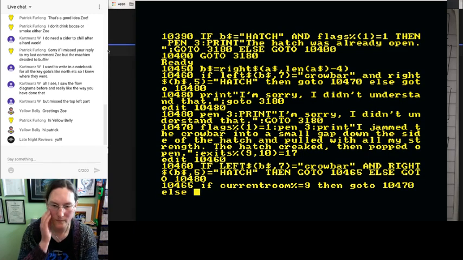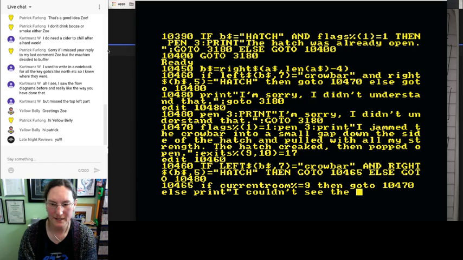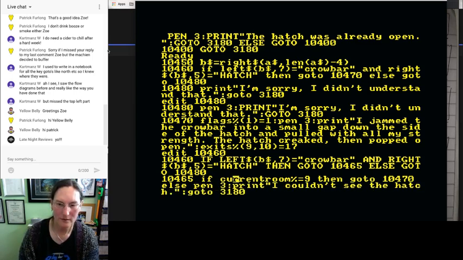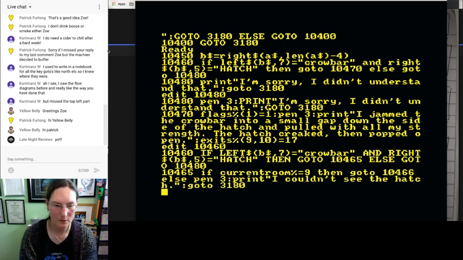Else print I, else print I couldn't see the hatch. Go to 3180. Pen 3. If current room, then go to 10466. 10466 if